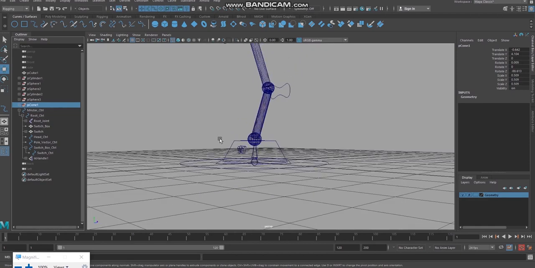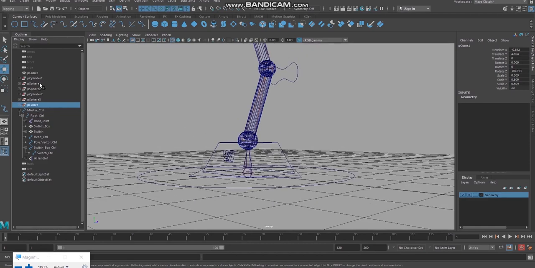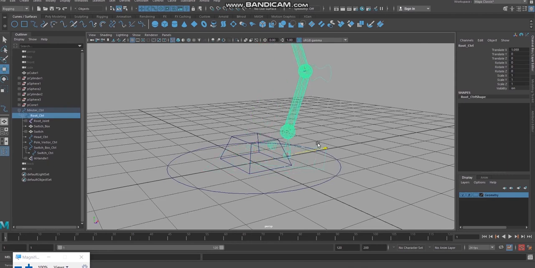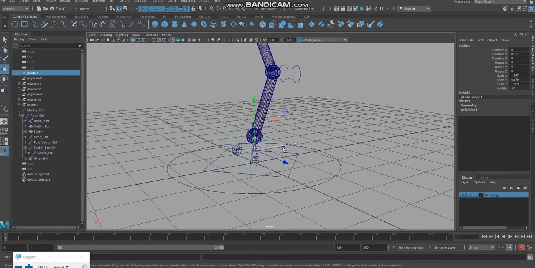Now if I select root control, the base is not getting selected, so select the base, polycube 1.